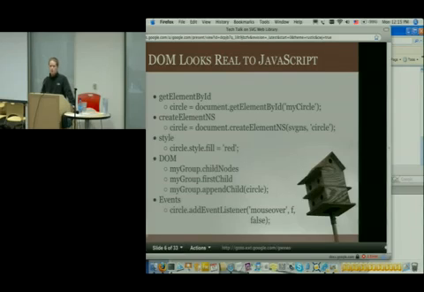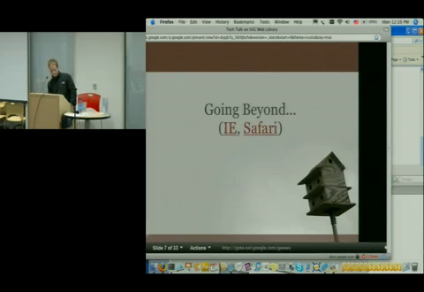By default, we only use the magic that we're doing on Internet Explorer, and we use the native support on Firefox, Safari, and Chrome. However, you can optionally override that and have SVG Web do all of its magic on those browsers too. Now, what's cool about that is that you can go beyond.